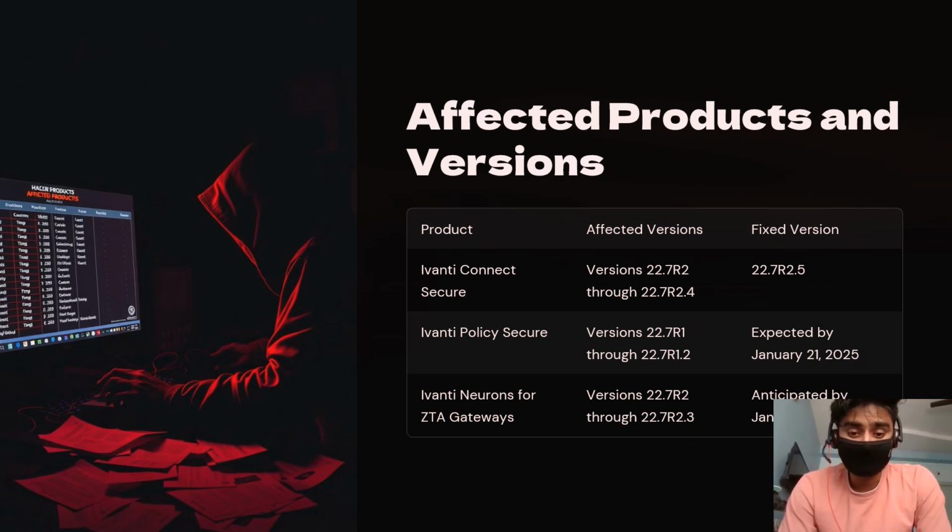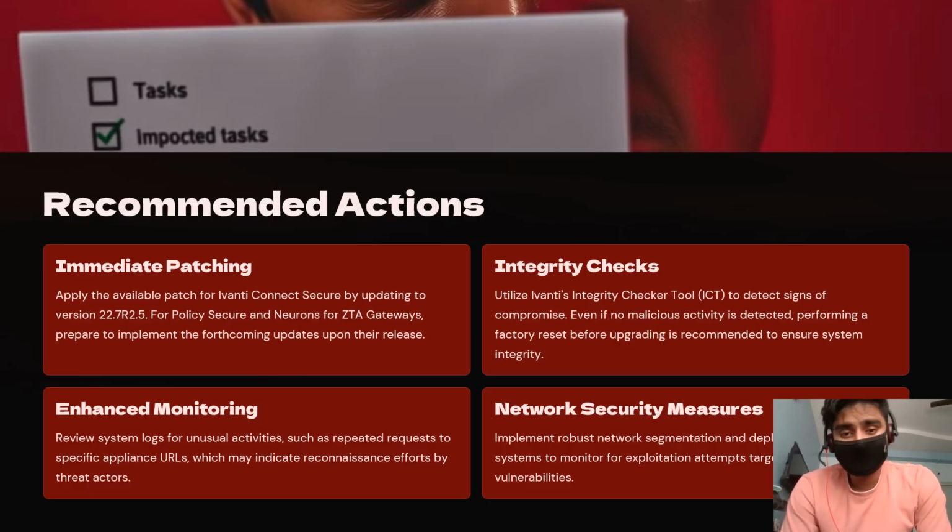The products are Ivanti Connect Secure, Ivanti Policy Secure, and Neurons for ZTA Gateway, right? So these were the affected versions, and the fixed version I have also highlighted here, folks, which is usually expected to be released soon, by January 21, 2025. Okay, so the recommended action, what sort of action we have to take, is the most crucial